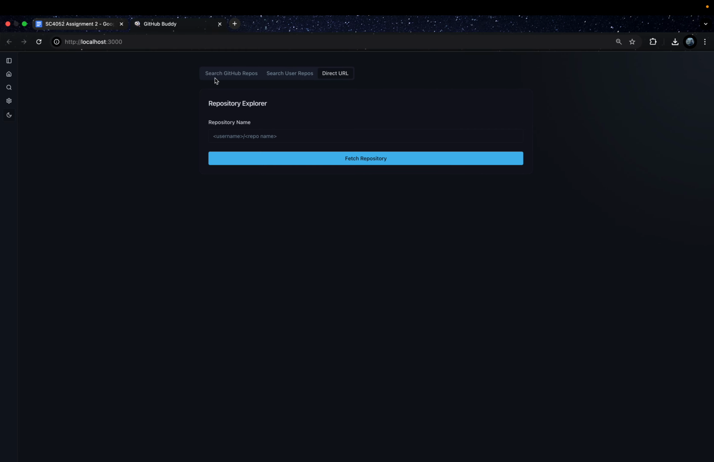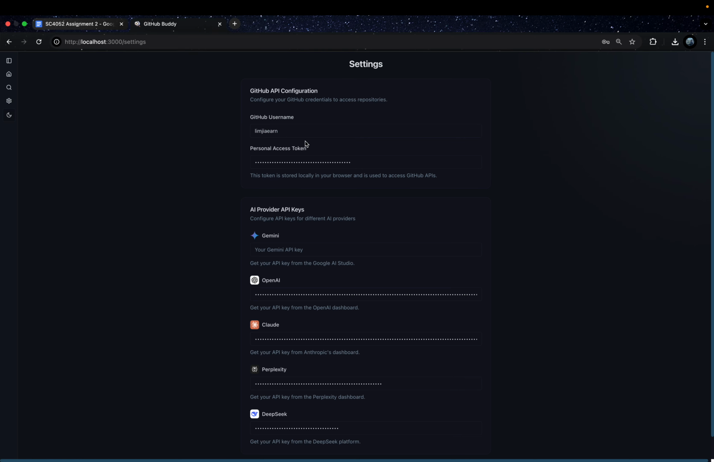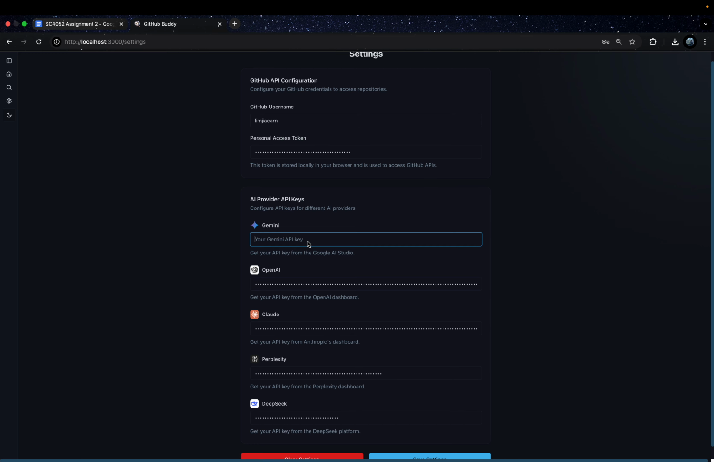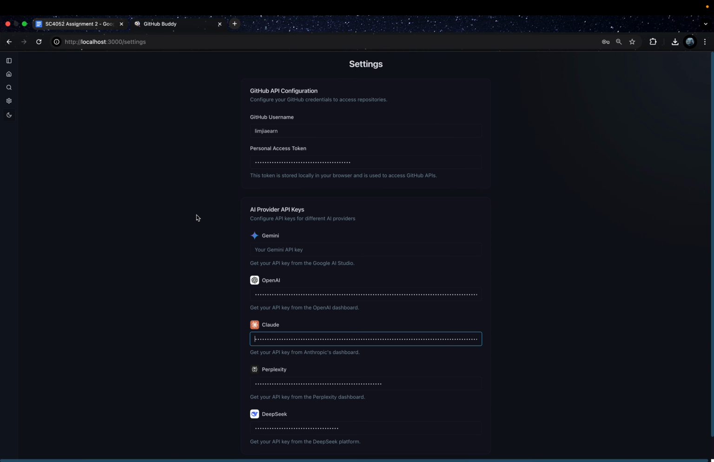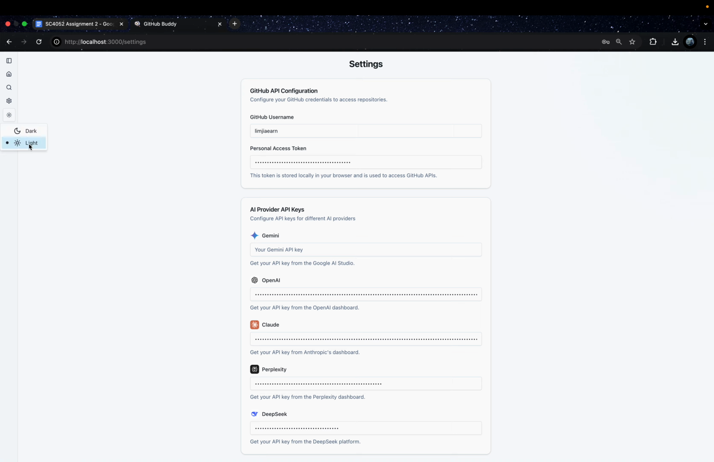And then before you get started also, make sure you set up your GitHub configuration, especially your personal access token, which is the one that powers the GitHub APIs. And then some API keys from different large language model providers. You will need at least one to make full use of our features. So if you prefer light mode, you can also change it to light mode, but for the demo, I'll be